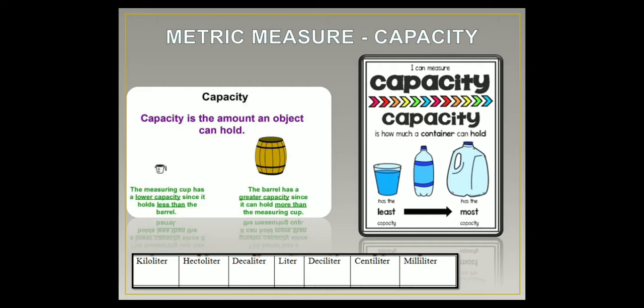So what is the unit for capacity? The unit for capacity is liter. Clear? So for length the unit is meter, right? Then the next one is what? Mass. Yes, for mass the unit is gram. Next comes capacity, and the unit is liter. The prefixes are the same, that is kilo. So kiloliter, hectoliter, decaliter, then the basic unit liter, deciliter, centiliter, milliliter. So milliliter is the smallest unit, whereas kiloliter is the largest unit. Understood? Now you have understood the difference between length, mass and capacity.